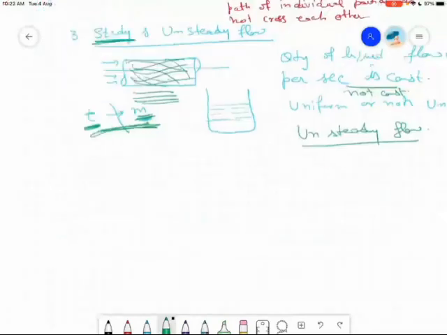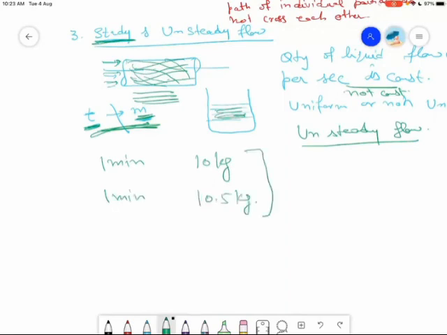सर अनस्टेडी फ्लो के लिए पूछा था सर, अनस्टेडी फ्लो यूनिफॉर्म भी हो सकता है या नॉन यूनिफॉर्म? यूनिफॉर्म भी अनस्टेडी हो सकता है, नॉन यूनिफॉर्म भी अनस्टेडी हो सकता है। अनस्टेडी का मतलब है कि मान लीजिए आपने कोई पाइप में फ्लो हो रहा है, आपने 1 मिनट में देखा इसमें जो वाटर कलेक्ट हुआ है दैट इज 10 kg। कुछ टाइम बाद आपने फिर देखा 1 मिनट में और वाटर जो कलेक्ट हुआ दैट इज 10.5 kg। दिस टाइप ऑफ फ्लो इन एनी पाइप इज अनस्टेडी फ्लो।